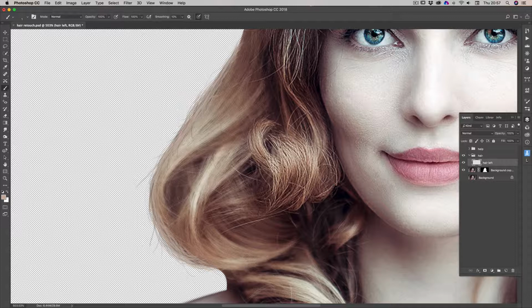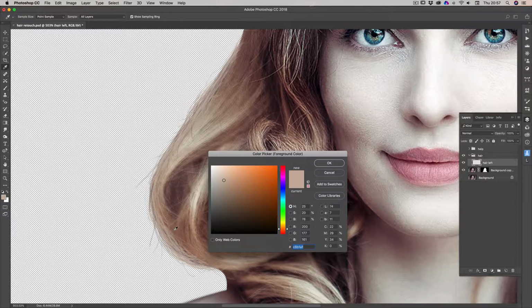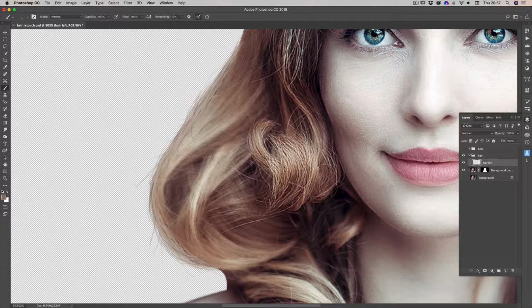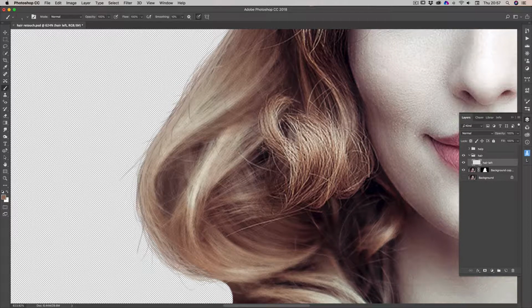And you can use more than one layer, and you can keep swapping the colour of the pen. So let's just get a little bit darker area down here, and always try and click on an area close. Here we go, so close to the original hair. And we can follow that through. Just going to zoom in a little bit more on there. Okay, so let's just stop there now,